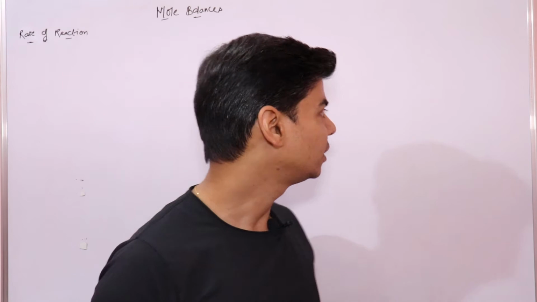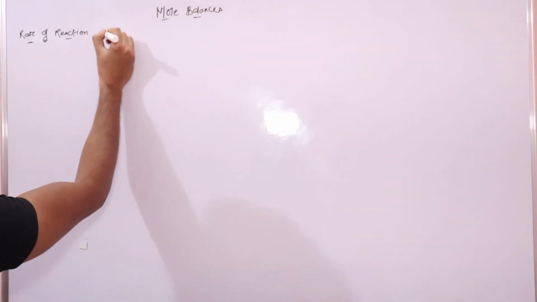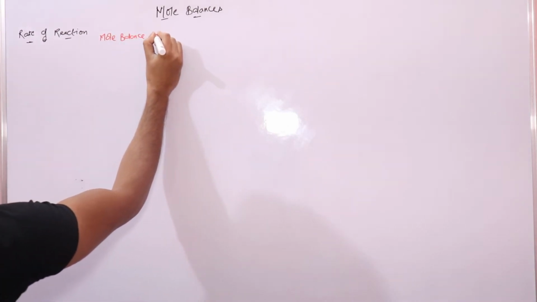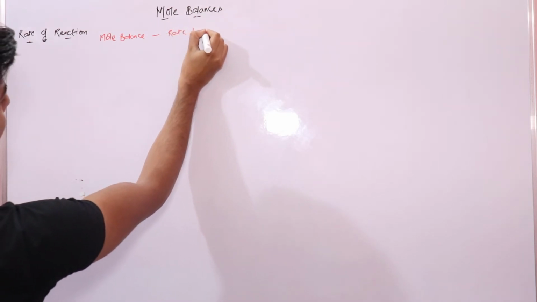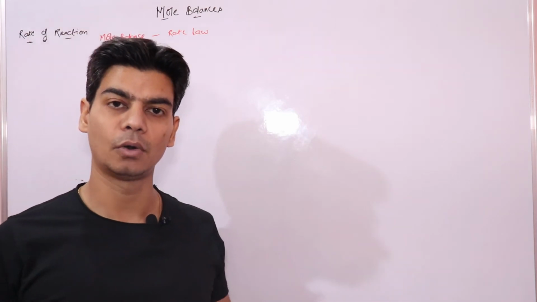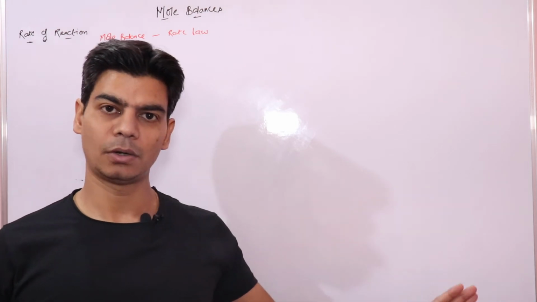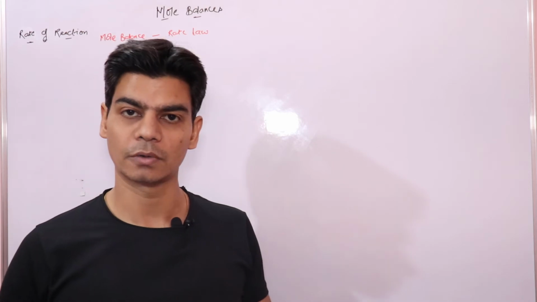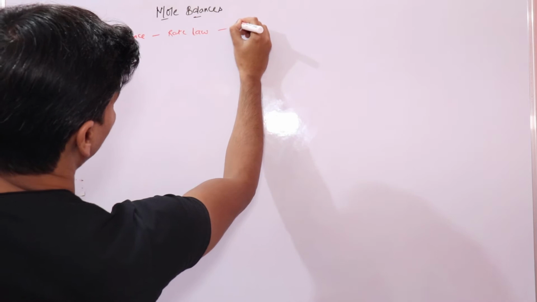When I say one of the 5 pillars, let's look at what the other pillars are. Mole balance is one, then there are your rate laws. We have studied this in chemical kinetics, rate law, law of mass action. Then there is another rate law that depends on the experimental conditions, from where we derive the order of reaction. So once you know the rate law, then you have stoichiometry.